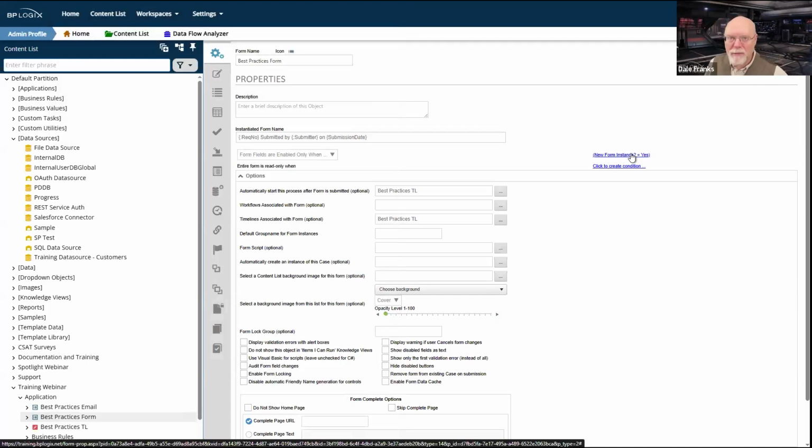So in general, I only want form fields enabled when I'm in a new form instance. After that form gets submitted and it's no longer a new form instance, I no longer want my fields to be editable as a general rule. There are probably some fields that need to be filled out by approvers here and there. That's fine. On the form itself, we'll just enable those fields whenever we need to enable them.